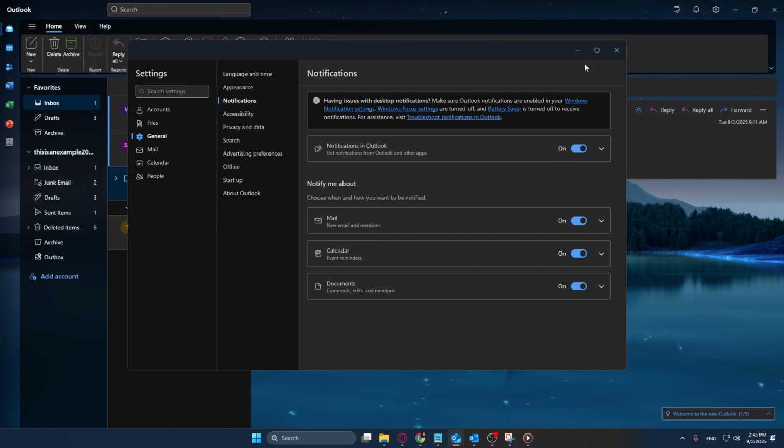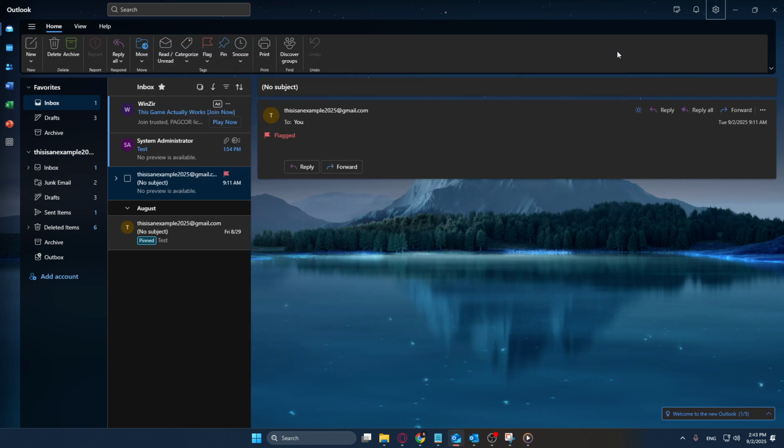Once you've toggled on the notifications, that's essentially it. You're all set up, and your Outlook will now send you alerts based on the criteria you've specified. If needed, you can return to this settings area anytime to make further adjustments or refine your notification preferences to better suit your needs. And there you have it, a quick and simple guide to ensuring you never miss out